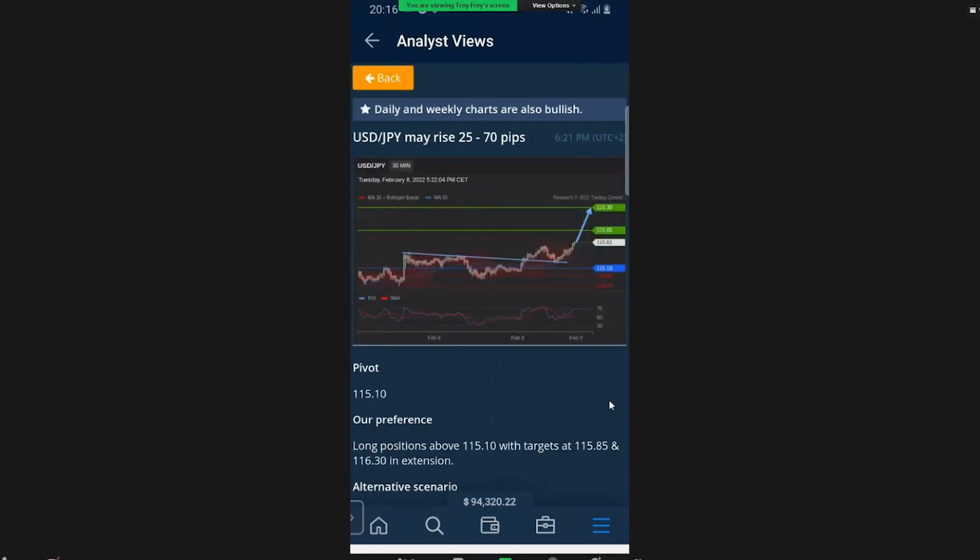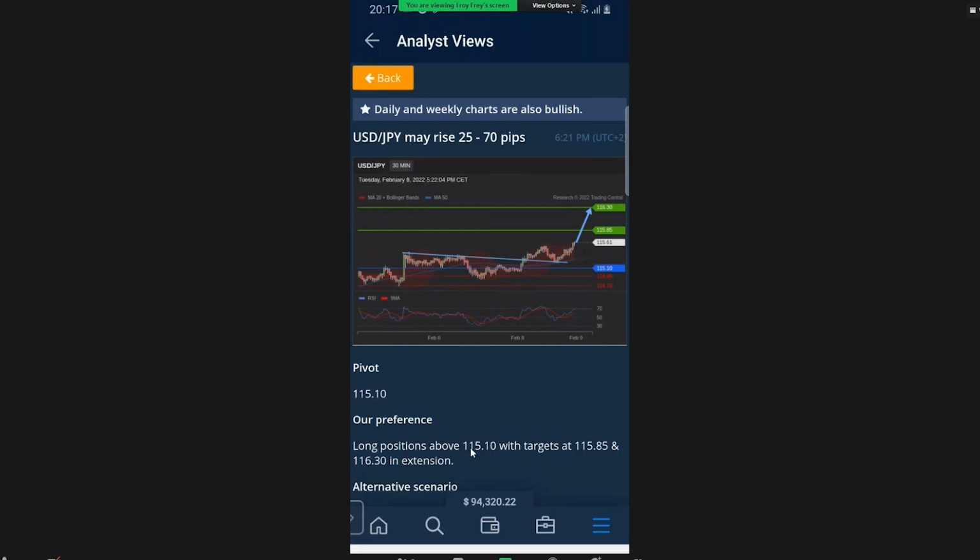And so I bring that up, and I see that the signal's showing price levels where I might want to take profit if I'm buying. These two levels, it tells you the preferred direction is long positions, meaning buying. Long position means you're buying. As long as the price is above 115.10 but hasn't reached 115.85 up to 116.30. So your take profit targets are given in the signal, and the stop loss support level is given as well.